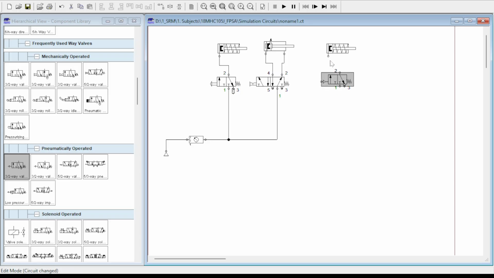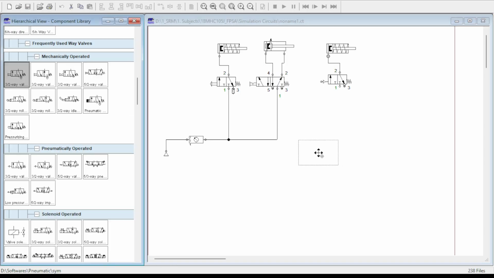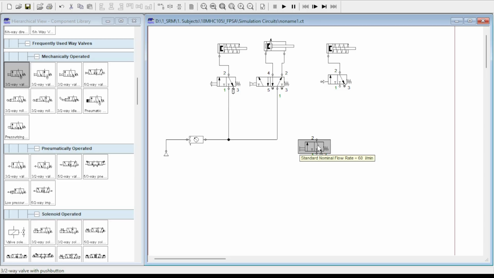And now this acts as a main valve where I will connect the port of the cylinder to port number 2 of the DCV. The actuation of this DCV actually happens through this pilot port, which requires compressed air at low pressure to shift the spool of the DCV to cause it to actuate. And in order to create that indirect actuation, I'll take a 3x2 push button actuated spring return DCV.